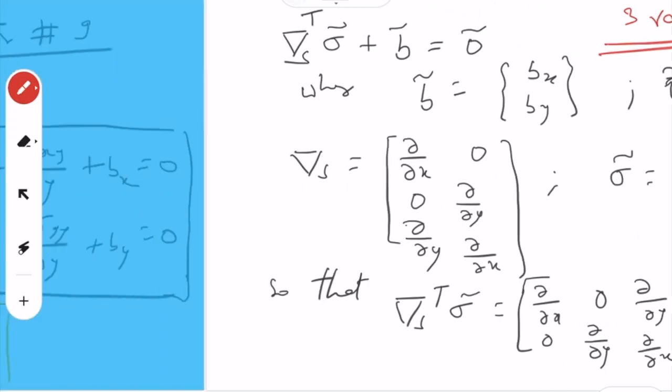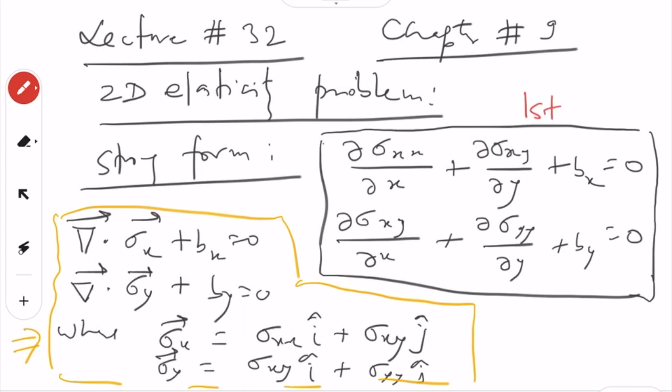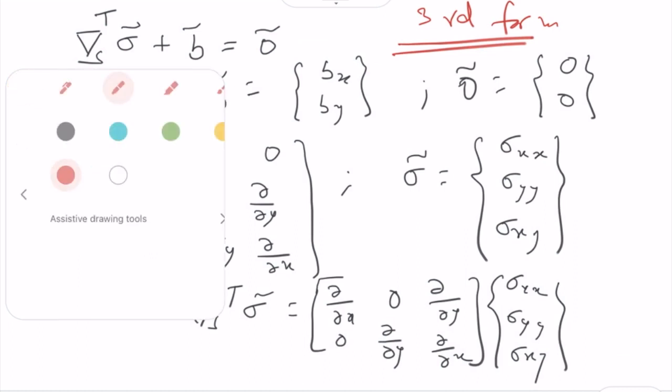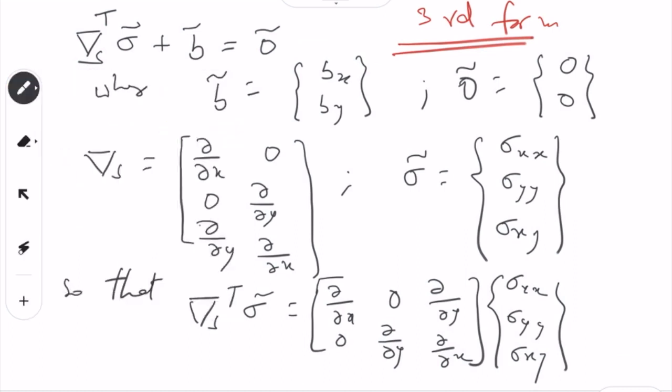All of them are similar, right? This is the first form, this is the second form. So we can write the same thing in three different forms. And all of these are subject to